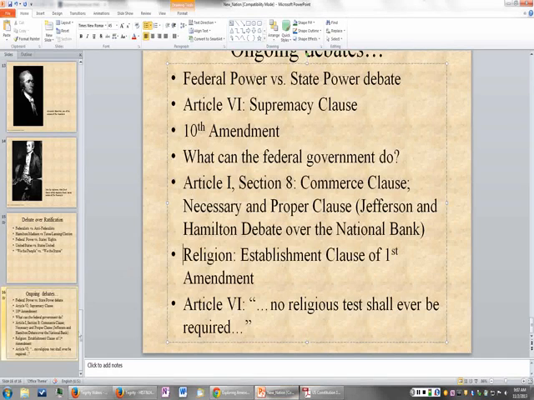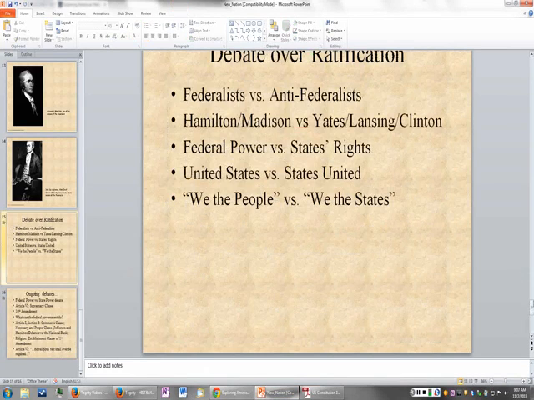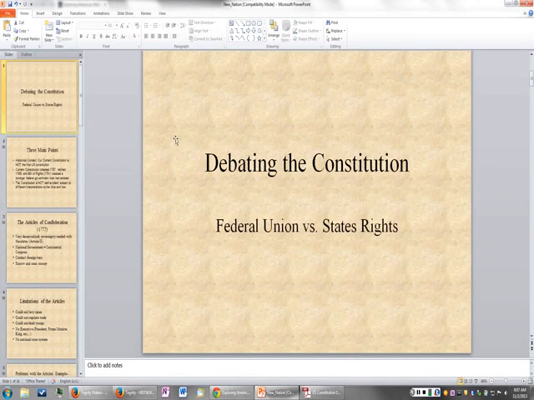So that's it. That comes to the end of my lecture. I know there's a lot of material involved there, and it's really important material. And I'm very passionate that we debate the Constitution, that we read the Constitution, and that we understand that the Constitution is part of an ongoing debate. It was then, it still is today. Our founding fathers argued over it.